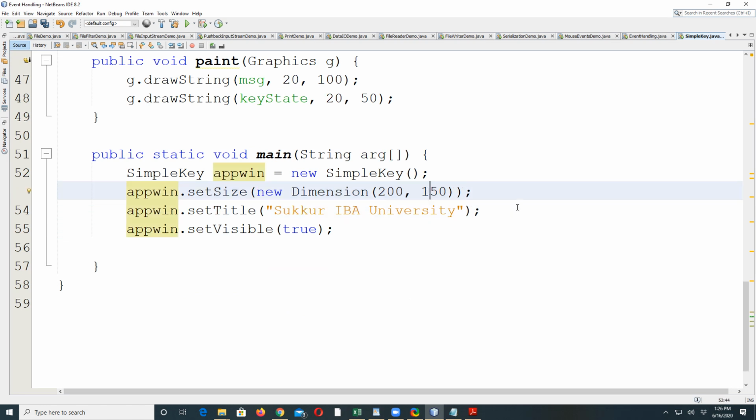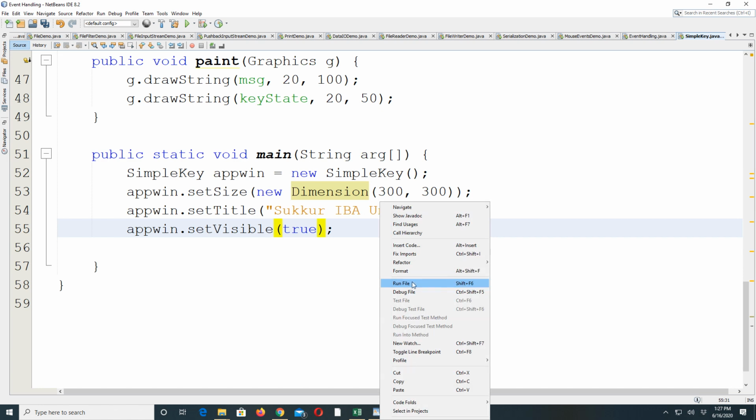Maybe I should make it a little longer, maybe 300 by 300, as we did in the previous class, because this will be too small to be visible. Then the title is Sakraibia University, and then we say visible true, because if you do not do this, your frame will be created but it will not be visible. So if you want to make it visible, you have to set visible true on the frame.